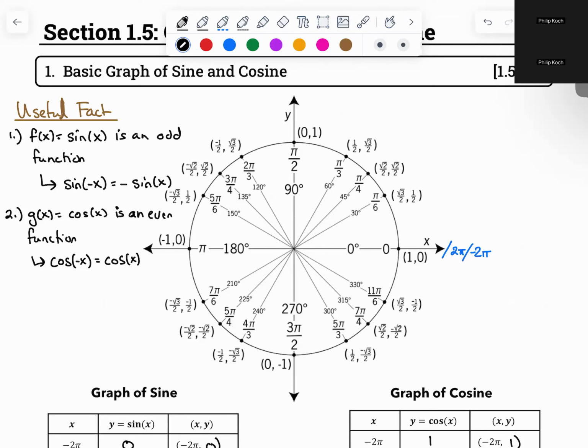I can't remember what it was at OSU and UW, but here in 285, I don't know if they go into it, but you'll start studying things called Fourier series and Fourier transformations, which all have to do with sines and cosines. So this isn't just some one-off concept. It's actually a fascinating thing.